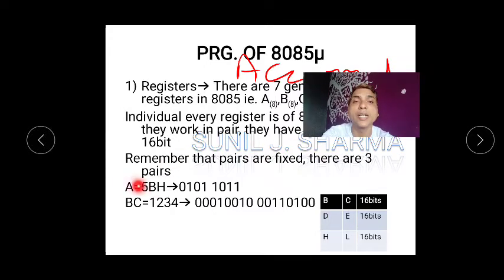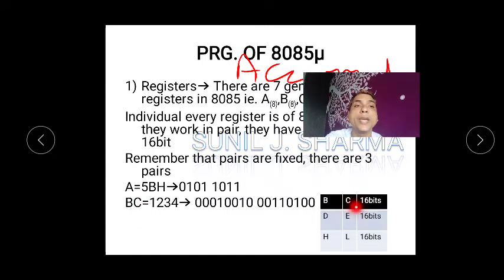Now I have just given an example of how the data will be stored, and remember that the data stored in your 8085 is in hexadecimal. Suppose A is your accumulator register, and it is storing 5B. 5B is data, just a random example. Everyone knows the binary 8421 method, so I made 5 in binary, and this B is in binary. Can you see it is 8 bits, 4 and 4, so a total of 8 bits.